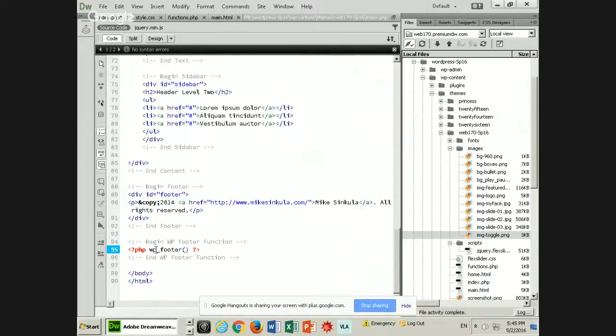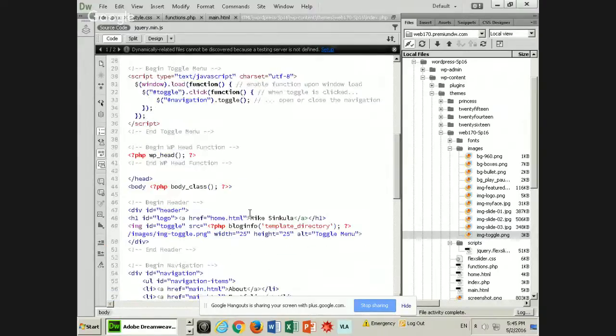Both my WP footer and my WP head functions. So if I go back,